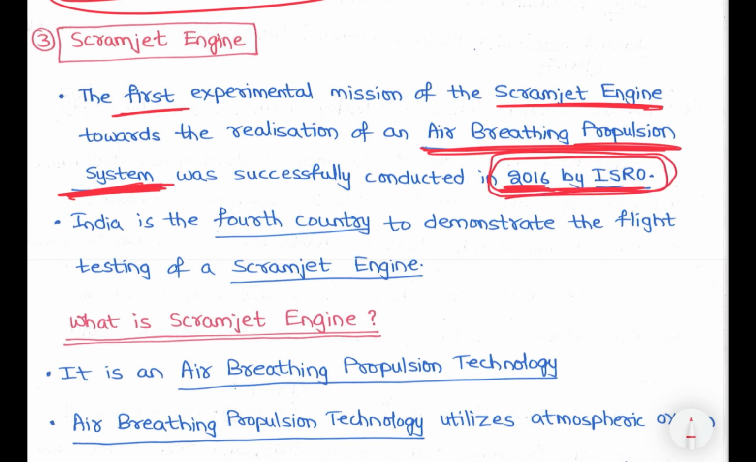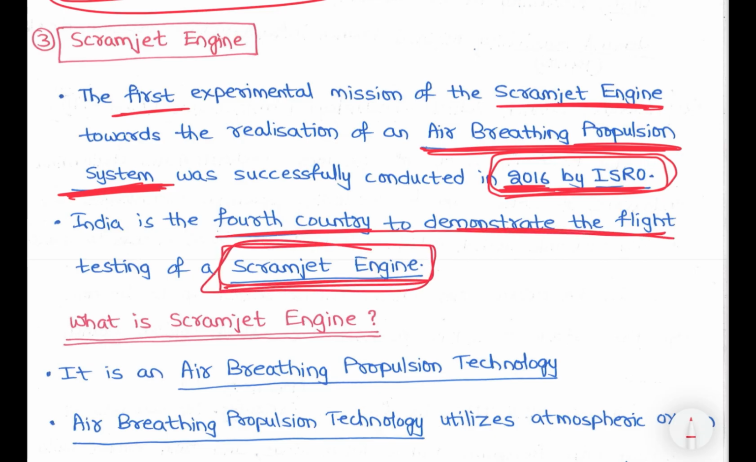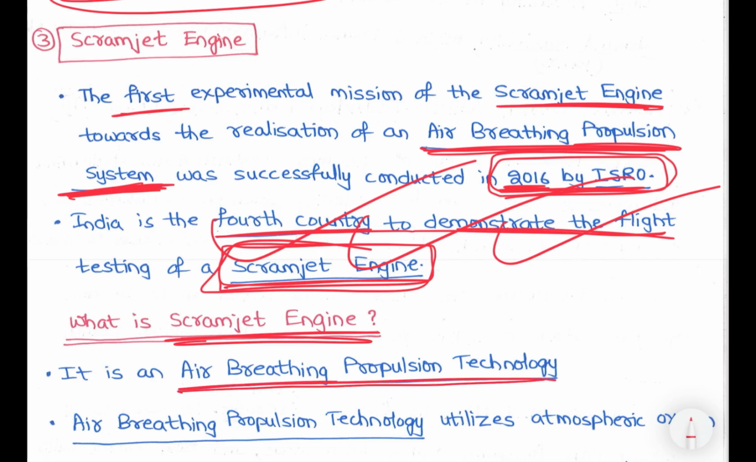2016 में इसरो सक्सेसफुली, और इंडिया इज द फोर्थ कंट्री टू डेमोन्स्ट्रेट द फ्लाइट टेस्टिंग ऑफ स्क्रैमजेट इंजन, राइट? फोर्थ कंट्री, सो ऑलरेडी डेमोन्स्ट्रेट किया है, इट इज इन डेवलपिंग स्टेज. व्हाट इज स्क्रैमजेट इंजन? स्क्रैमजेट इंजन इज ए एयर ब्रीथिंग प्रोपल्शन टेक्नोलॉजी, भाई एयर से ऑक्सीजन लेती है, ताकि ऑक्सीजन फ्यूल लेके ना जाना पड़े, ऑक्सीडाइजर, जो लिक्विड ऑक्सीजन को एज ऑक्सीडाइजर वी आर यूजिंग, राइट,